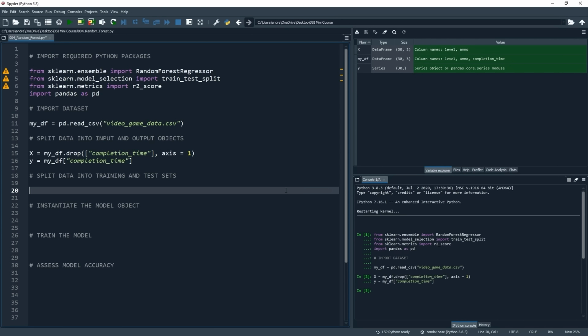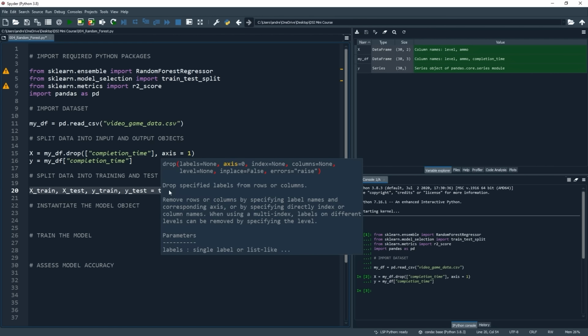To do this, we will use the train test split functionality that we imported at the top of our code. And this has 4 outputs, so follow along with me here. Let's put x_train and then a comma, and let's put x_test. After another comma, let's put y_train and another comma and y_test, and then equals. Now let's copy down the train test split functionality here and paste that in, followed by parentheses.